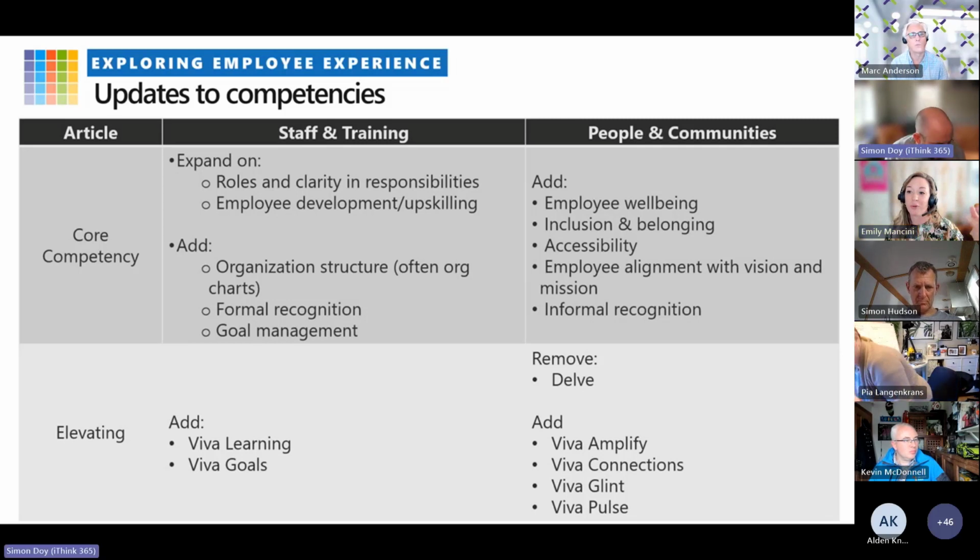No, what it has done though is we're all learning, aren't we? We're all learning new things on how to run a business, and what the employee experience, the Viva journey's done is sort of elevate some of these competencies which businesses need to have, and maybe I didn't know about that before Viva came along, OKRs, goal management, all of that. Which is fantastic. So that's where the competencies are evolving too, as we learn as well.